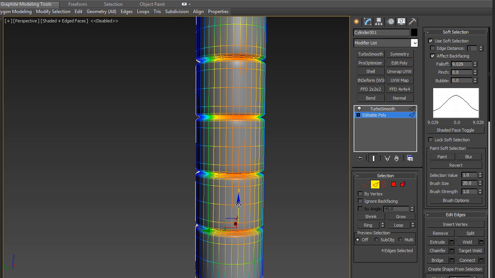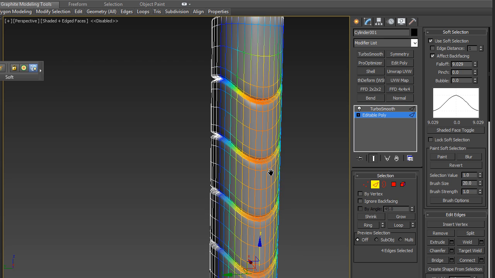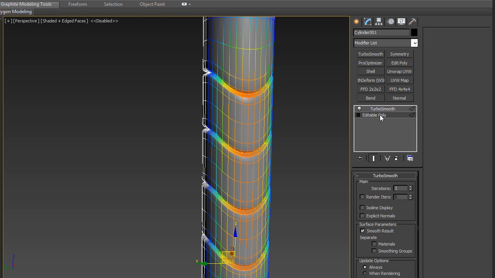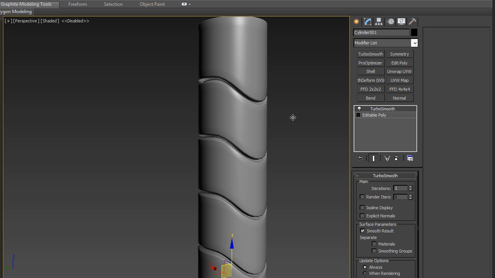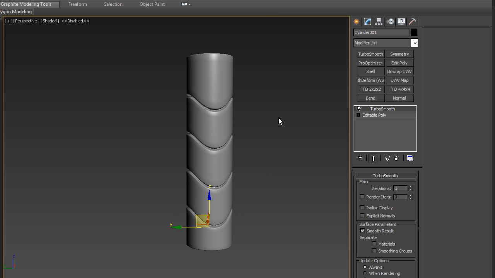With those edges selected, now I can do whatever I want with those edges. I can make a nice little bend and kind of turn this into a sci-fi looking pillar. And then if I just go back to the Turbosmooth and turn off wireframe, you can see it looks pretty nice. Another way I can do this is I can go back,